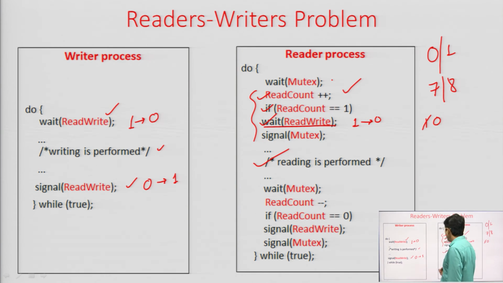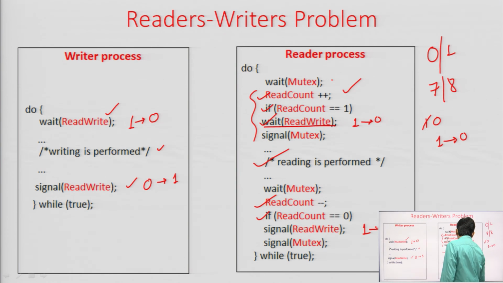After the reading operation, we should decrement the read count. Okay. We not only have a responsibility of decrementing the read count, but we also have a responsibility of allowing the write operations also if it is required to. So, let us decrement the read count. If the read count has become 0, it means this was the only read operation. All the read operations have got completed. Now, the read count value is 0. It means no reading is required to be performed now. It means if the writing is required, that should be started. So, that is why we are signaling the read write.